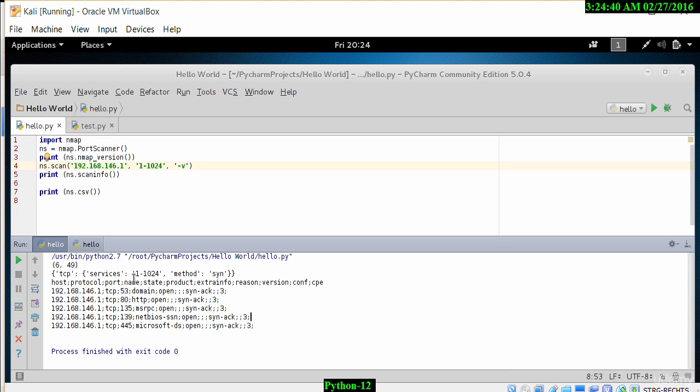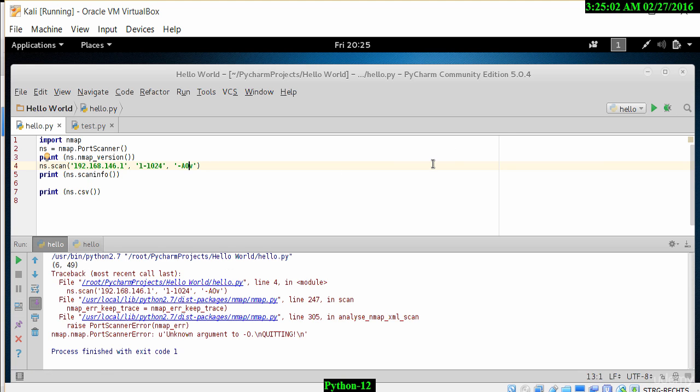So we've changed the setting from 1 to 1024 to search for those ports, and we can see that it's got open. It tells us the name of the actual service, like MSRPC, and if I do -AOV, and let's run this now, it has thrown an error. Let me just change that to -AV,